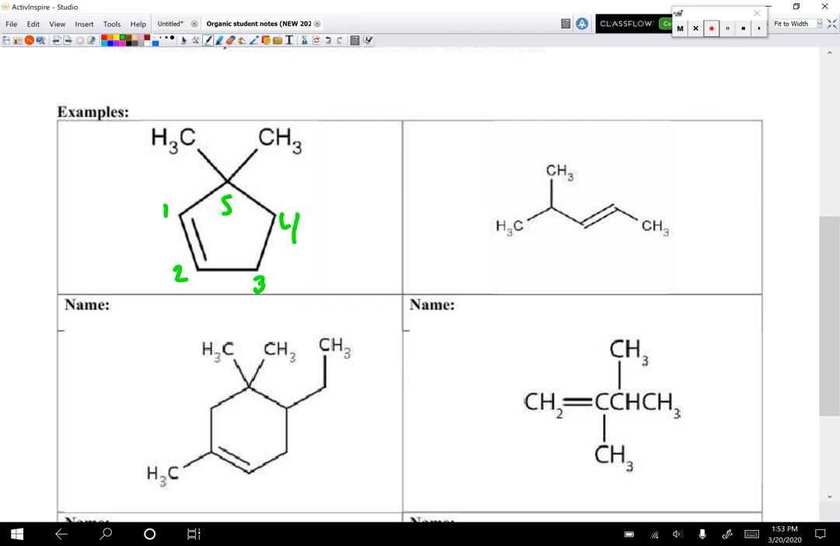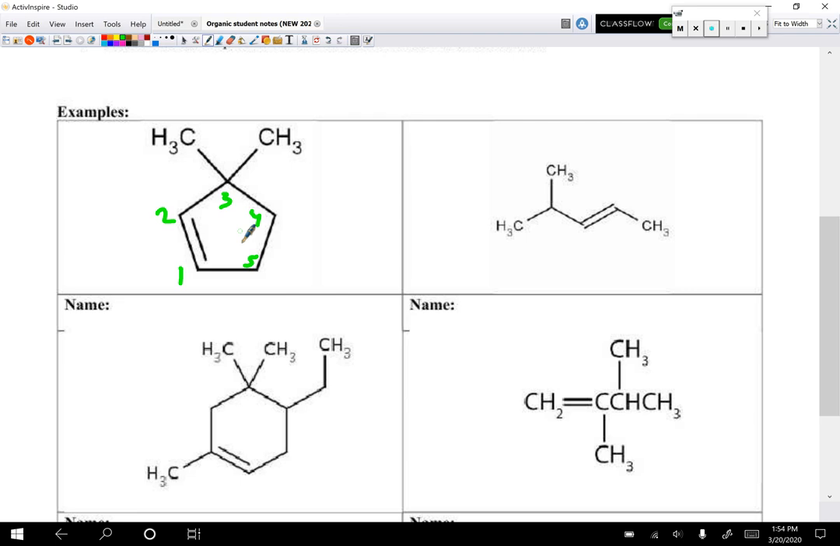However, we will notice that our branch is on carbon 5. Now, just like before, we have to try to get our branches on the lowest numbers possible. So if we erase what we've done here so far and try the other way of going 1, 2, 3, 4, 5, we'll notice now our branches start on carbon 3. Now 3 is lower than 5, therefore